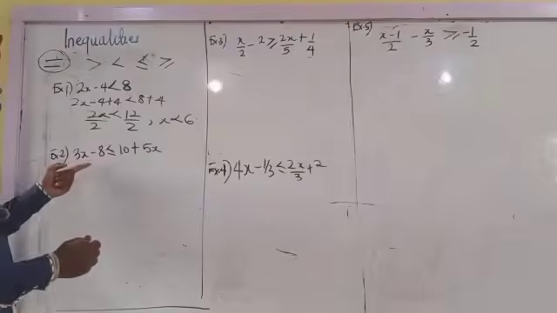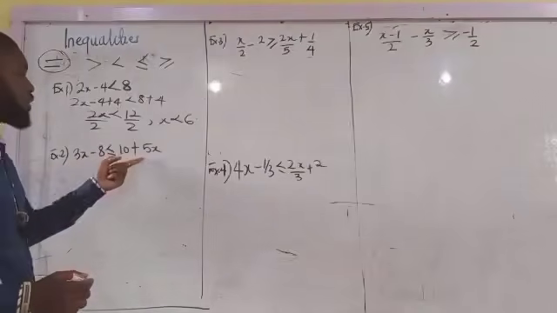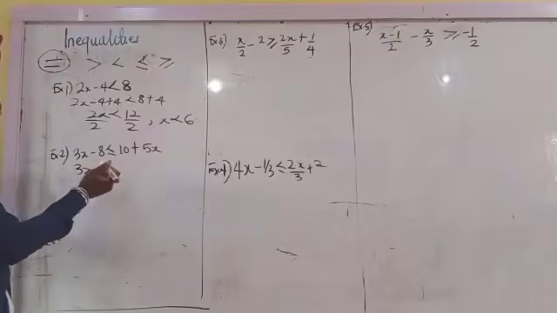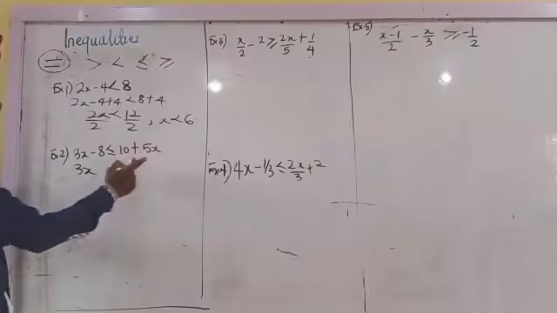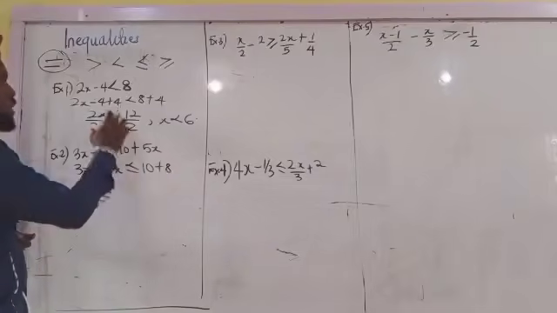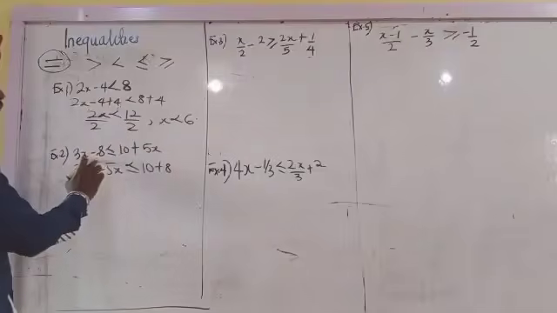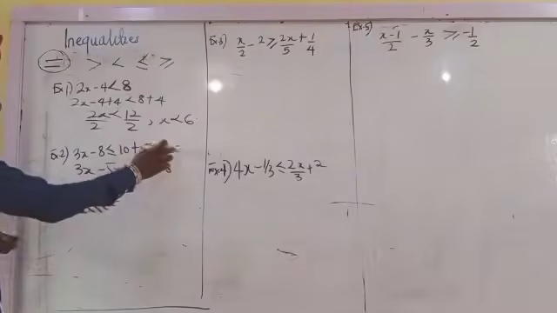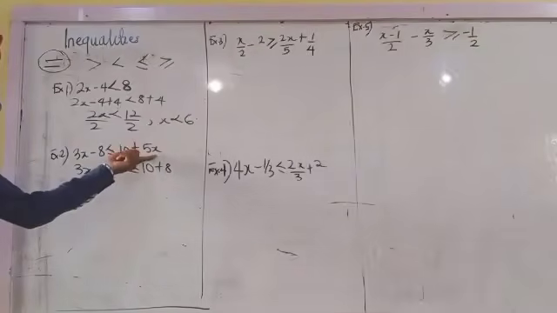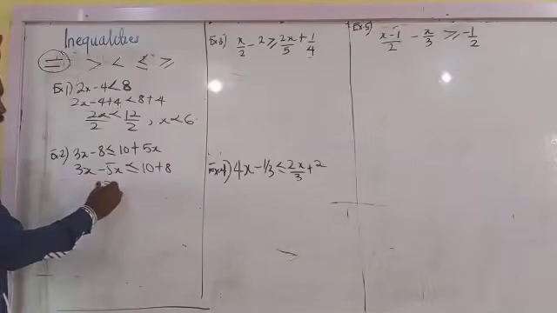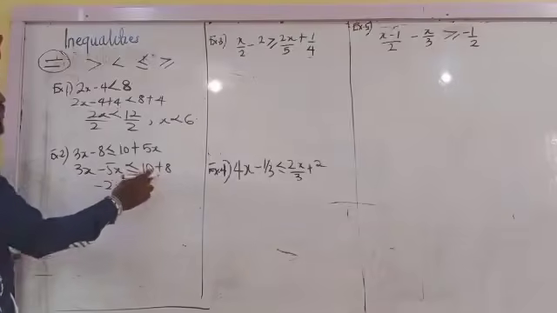Example 2, you have 3x minus 8 less than or equal to 10 plus 5x. Let me move my x to one side. Moving this 5x here becomes minus 5x. Moving minus 8 here becomes plus 8. Normally, we do the same principle where you add plus 8 to both sides, so 8 is eliminated. You add minus 5x to both sides, so 5x is eliminated on this side. If you continue from here, 3x minus 5x is minus 2x, less than or equal to 10 plus 8